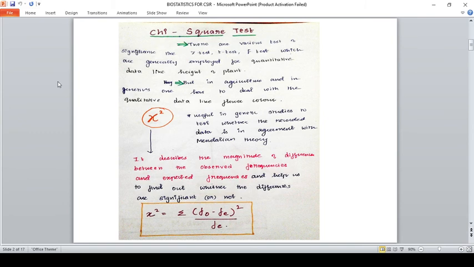So the first thing is the chi-square test. There are various tests for significance, like the Z test, ANOVA, T test, and F test, generally employed for quantitative data like the height of a plant. But in agriculture and in genetics, one has to deal with qualitative data like flower color, seed color, like that. So chi-square is mainly useful for genetic tests, to test whether the recorded data is in agreement with the Mendelian theory or not.